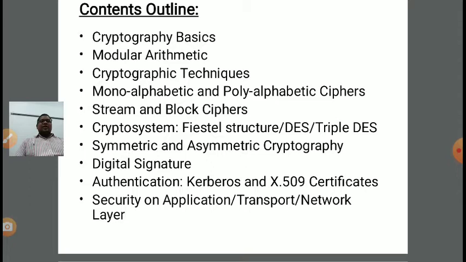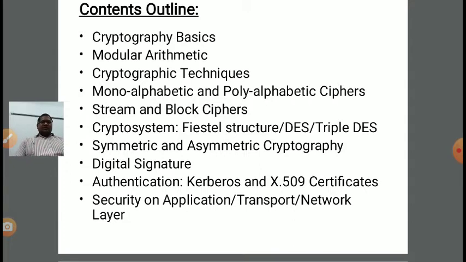Next we will learn about cryptographic techniques. There are various cryptographic techniques, but basically they are divided into two categories. One is transposition and second is substitution. Transposition means we will transpose the alphabet or the message in different ways, and substitution means we will replace one alphabet with another. In this manner we can perform various cryptography of the message, and the resultant message will be called a